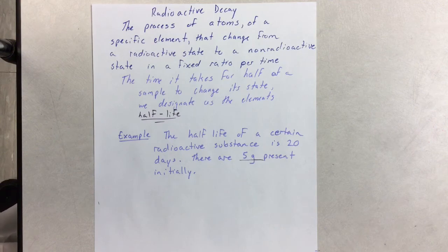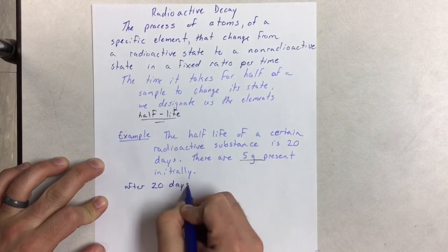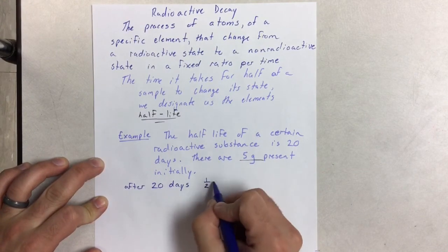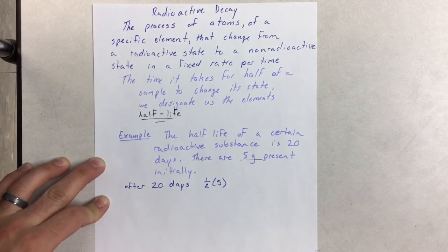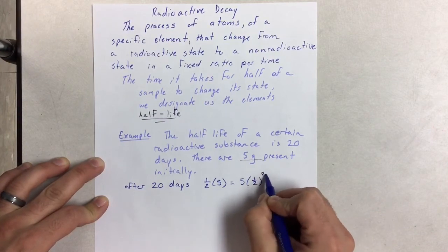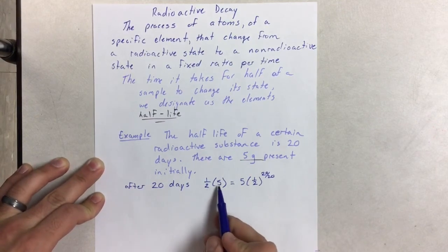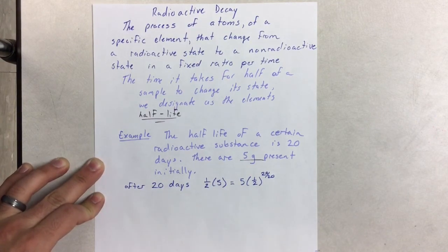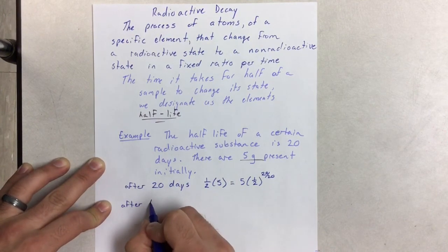So we are confident, knowing and understanding half-life, we can say that after 20 days, we are at half of the initial amount. So writing this as, and you'll see why in a little bit, 1/2 of 20. So after 20 days, we are at 2.5 grams of substance. So let's say another 20 days have passed. So after 40 days,